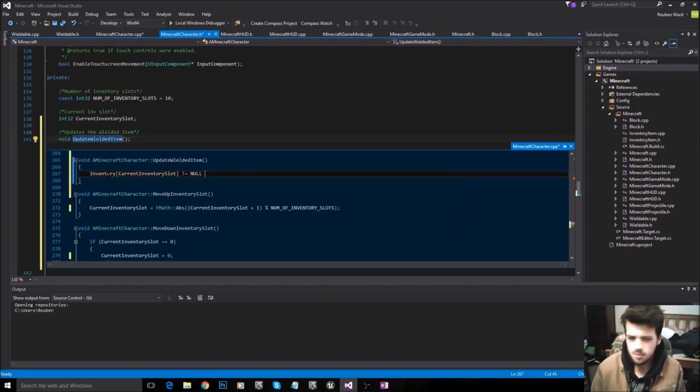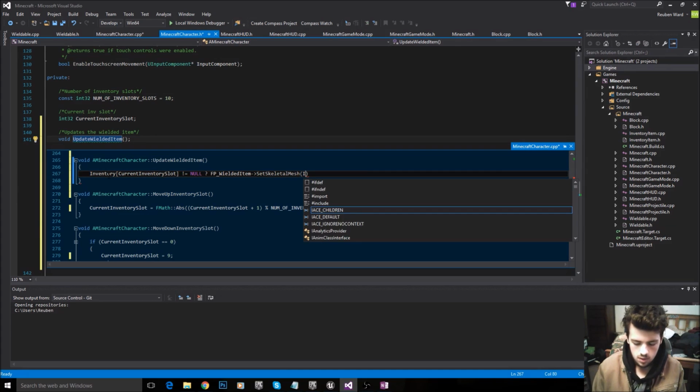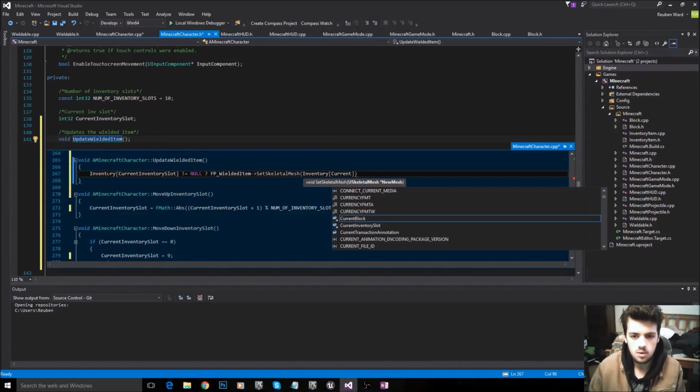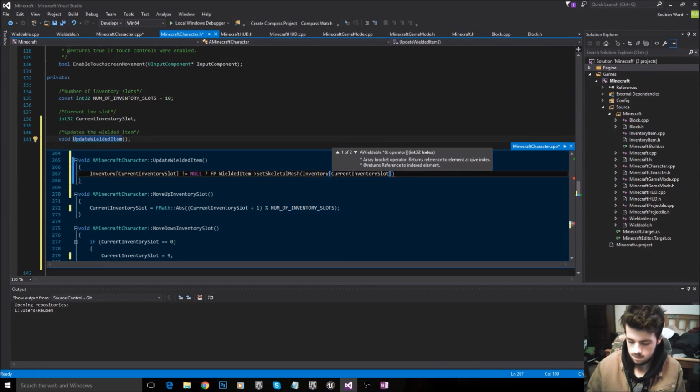And now we're going to say, if there is an item there, then FPWieldedItem set skeletal mesh, and then inventory at the current inventory slot, wieldable mesh.